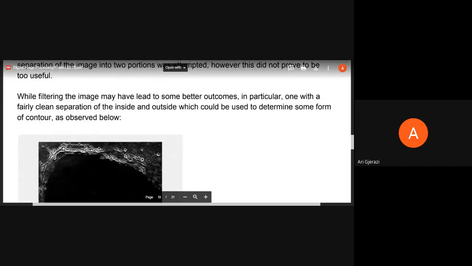Another attempt we made was using morphology. Now, this one didn't turn out very well on its own. However, it did allow for a possible interesting application. It manages to take the entirety of the central part of the image and make it black. So this is for potential future work, how to apply morphology to this problem, but perhaps by extracting this internal texture, and then we can see